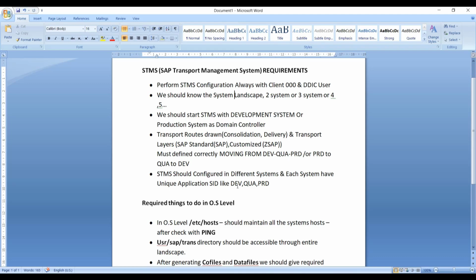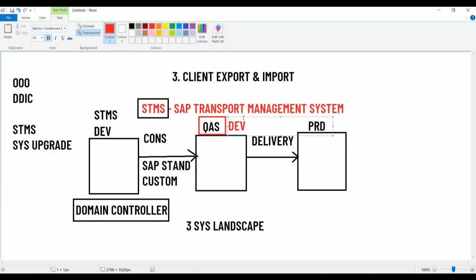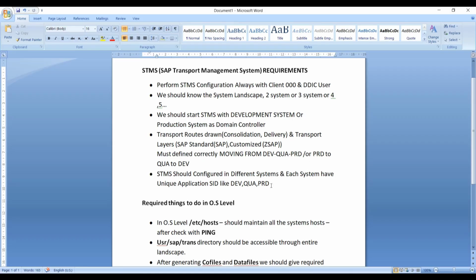application ID. Actually, it's like development system, quality system, production system. Like this is the development SID, this is the quality SID, this is the production SID. If you hit this development SID to the quality system, the system won't understand, right? You're going to get issues. The TMS configuration is not going to allow you to create it if you give the same dev SID. These SIDs should be different for every client. That's what it means: STMS should be configured in different systems, and each system has a unique ID, a unique SID,